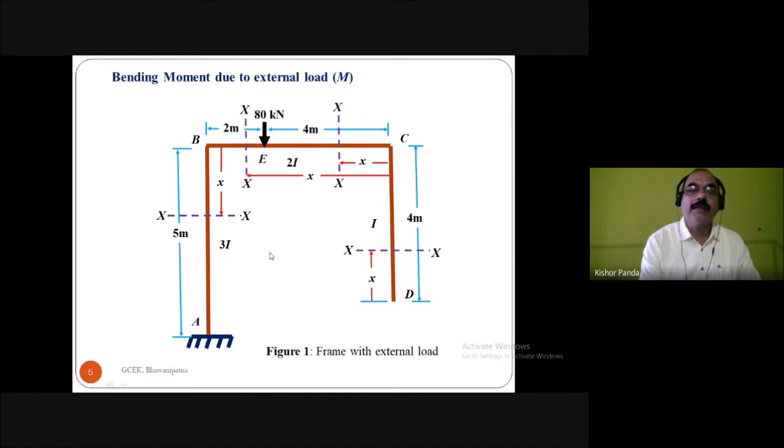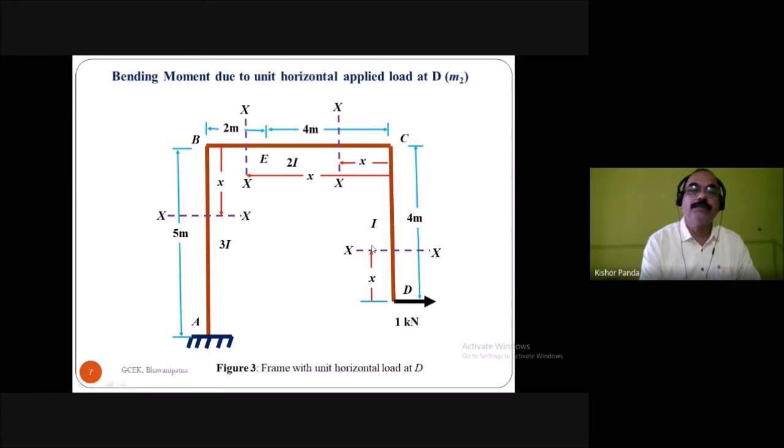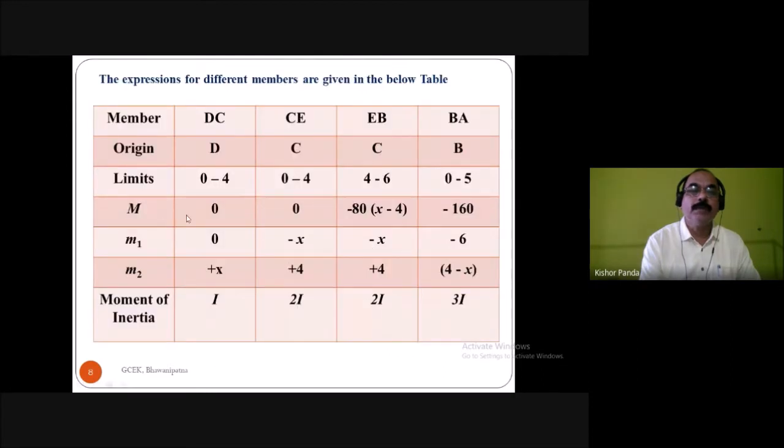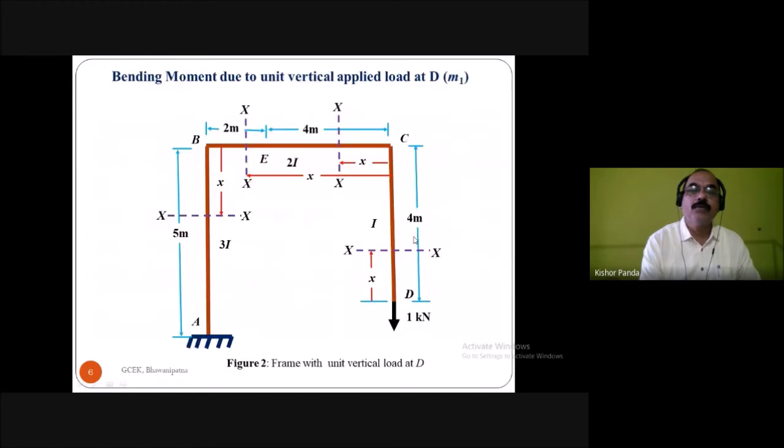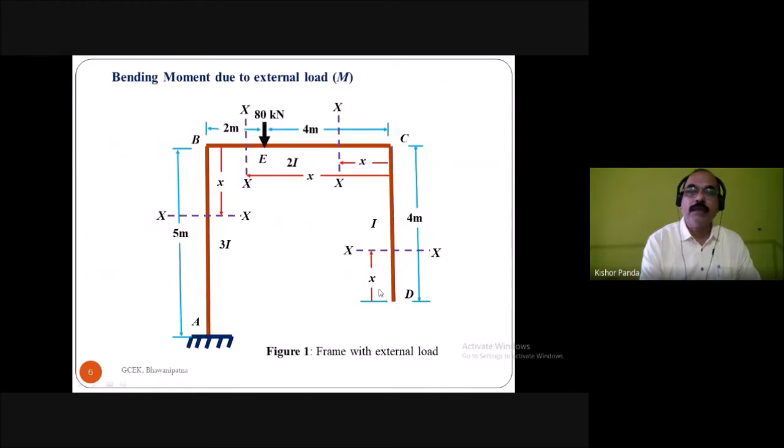So just to write these moments in a tabular form: for DC 0, for EC 0, then for EB minus 80 into x minus 4, and for AB minus 160. And you know for CD the origin is you take D,